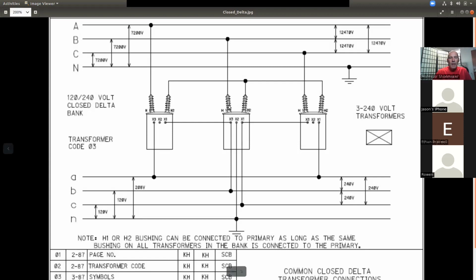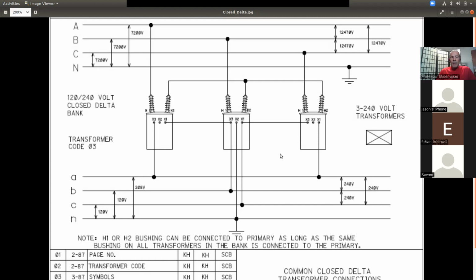What I will do here on my lighting transformer is just like I did before on open delta. I will take X3 to A, X1 to B, and both of the power transformers I will take to C. It just keeps my mind in order. But to not confuse you guys, and I know we could probably sit on this for a couple hours and get everybody's mind screwed up on it,